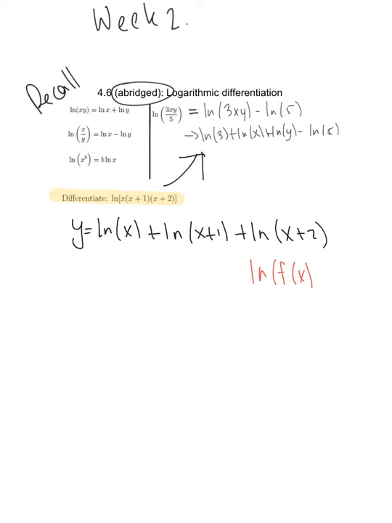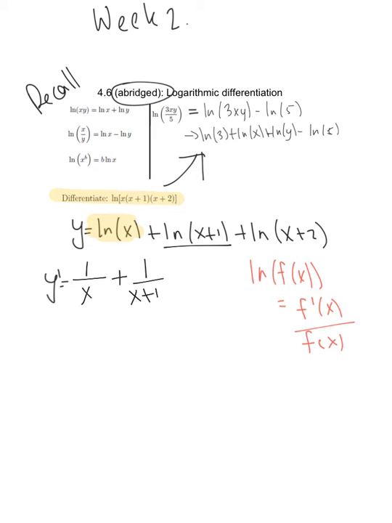which lets me use the chain rule. The natural log of f of x is equal to f prime of x over f of x, 3 times, pretty straightforward, times 2. So here, our y prime, looking just at this first piece, the natural log of x, we get the derivative of x, which is just 1 over x. This next piece, the derivative of x plus 1, is still 1 over x plus 1. And this last piece, the derivative of x plus 2, is still 1 over x plus 2. And that is our